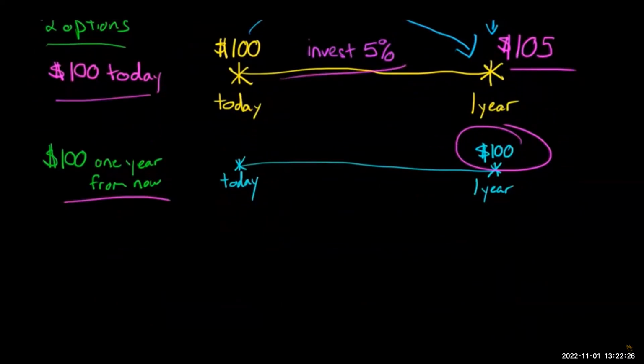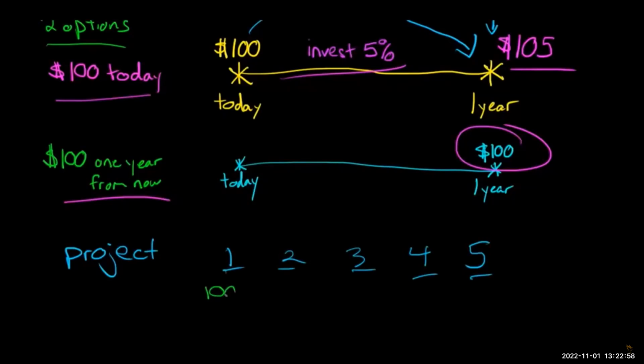Now you might be thinking, how does this have real world applications? Let's say we've got some project that the firm is thinking about. You might say, we're going to buy this machine and it would generate cash flows over a period of, let's say, 5 years. So you can look at these different years: here's year 1, 2, 3, 4, 5. And you can say, we estimate that in year 1, if we get this machine, we're going to have $100 in cash flow. In year 2, 175. Year 3, 200. 300, and then let's say in the last year it generates 50.